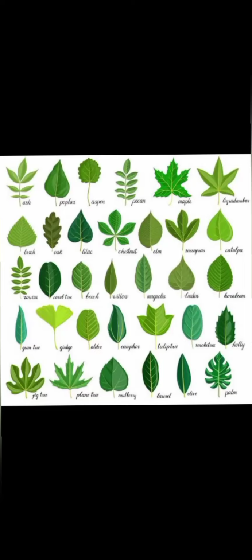Hello children, in this video we are going to talk about the leaf. We have discussed the stem and the roots in the previous video. In this picture you can see there are different types of leaves in different plants, okay? Their shapes, their margin, their apex, their incisions, all these things vary, okay?